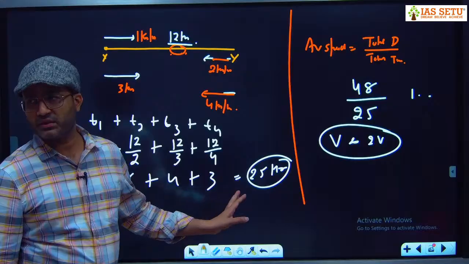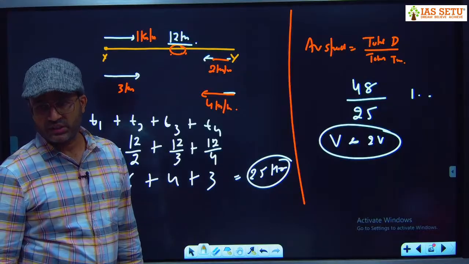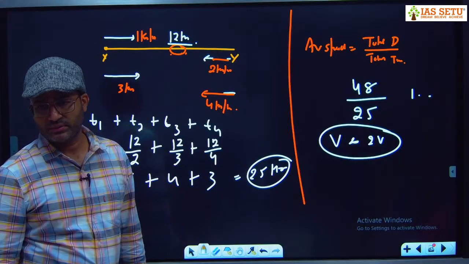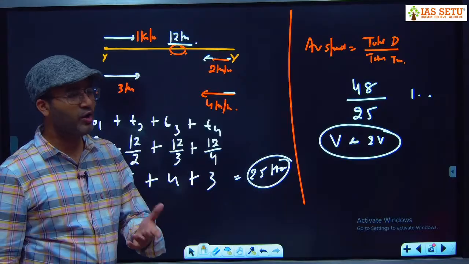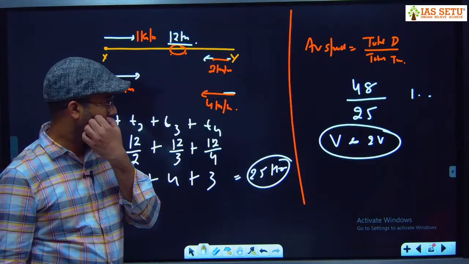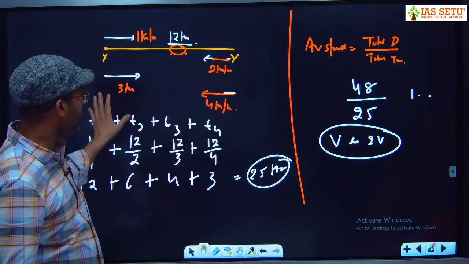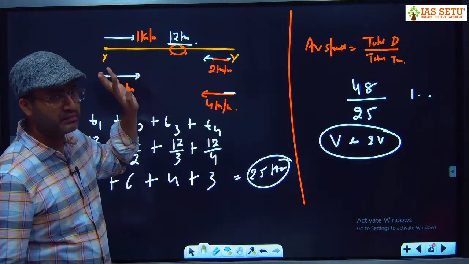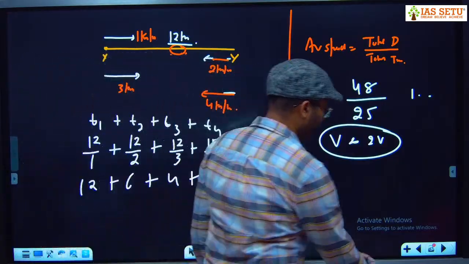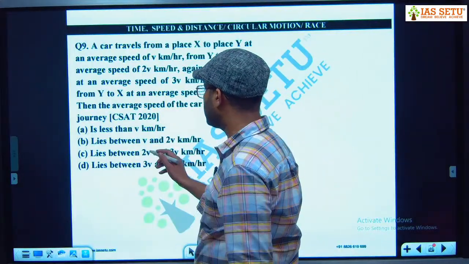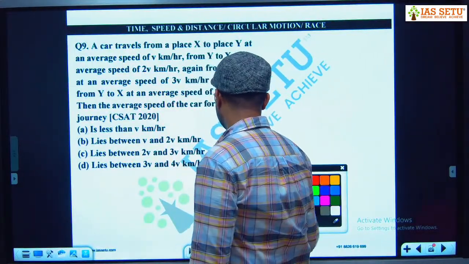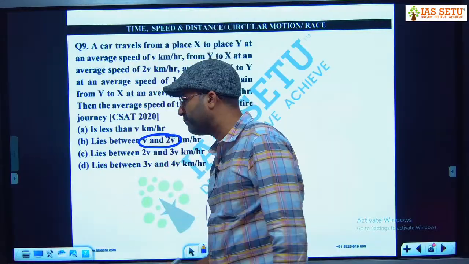This is the best method for this question. There is one more best option. Skip the way. वो आपकी कॉल है, बट ये बेटर है कि आपने स्पीड मान ली और डिस्टेंस मान ली, टोटल डिस्टेंस अपॉन टोटल टाइम। तो एवरेज स्पीड लाइज बिटवीन V एंड 2V। जो एवरेज स्पीड है वो V और 2V के बीच में आए।